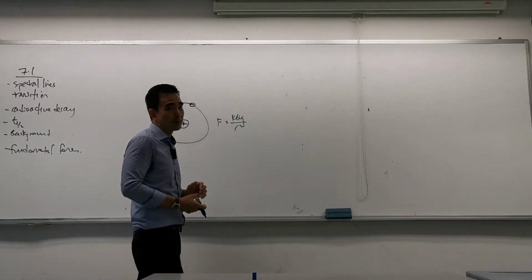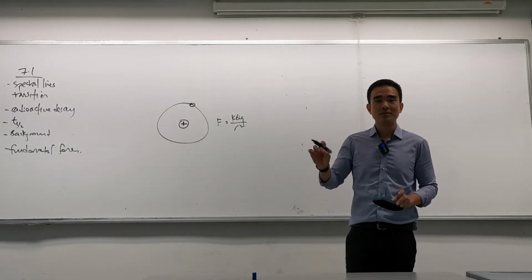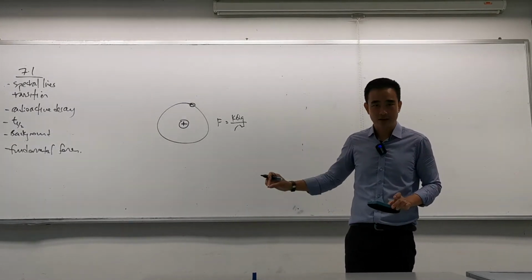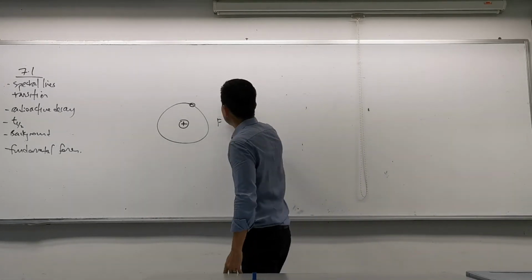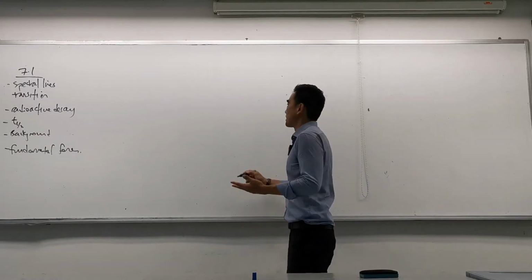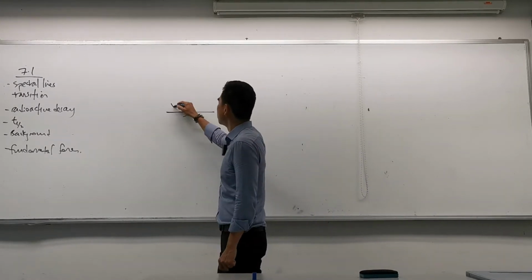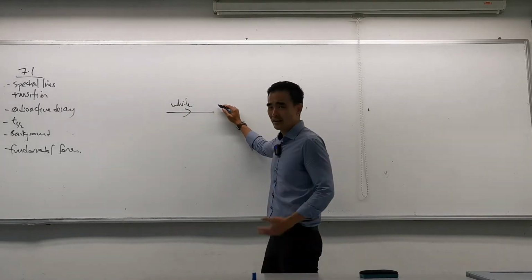And this is exactly what I'm going to go through, which is spectral lines. The evidence for the fact that electrons' energy can only take specific values. Therefore, the electrons can only exist in specific orbits. Therefore, this model is incomplete. So what are spectral lines? It is a very simple experiment that can be done in a very poorly equipped lab.